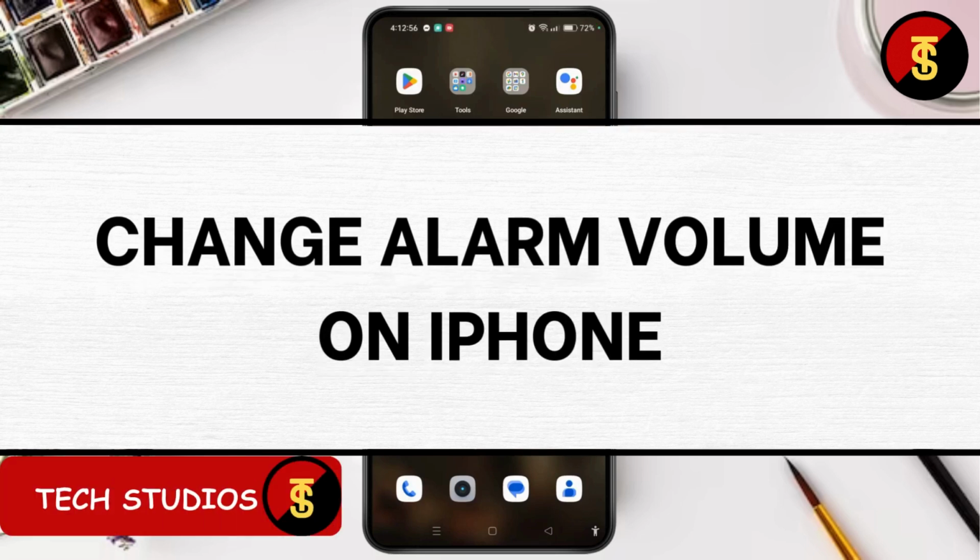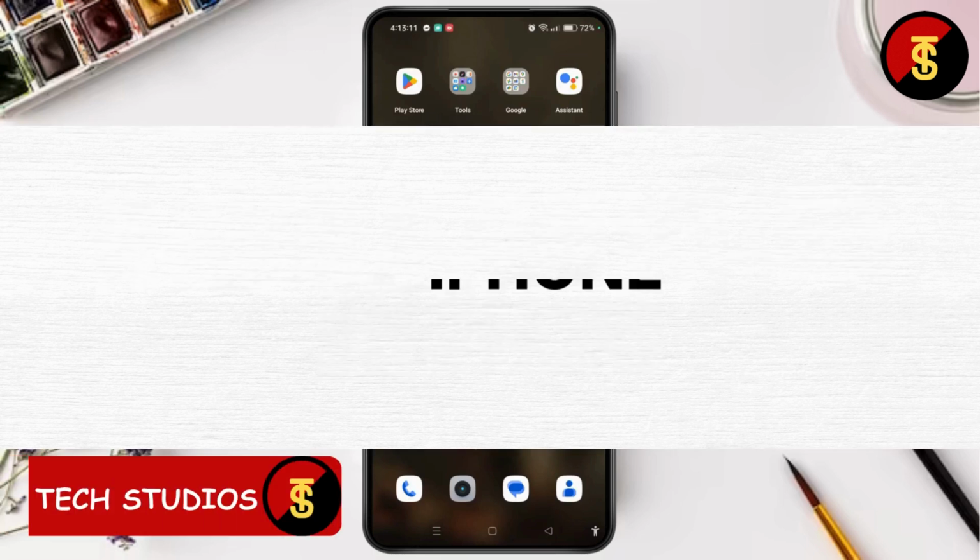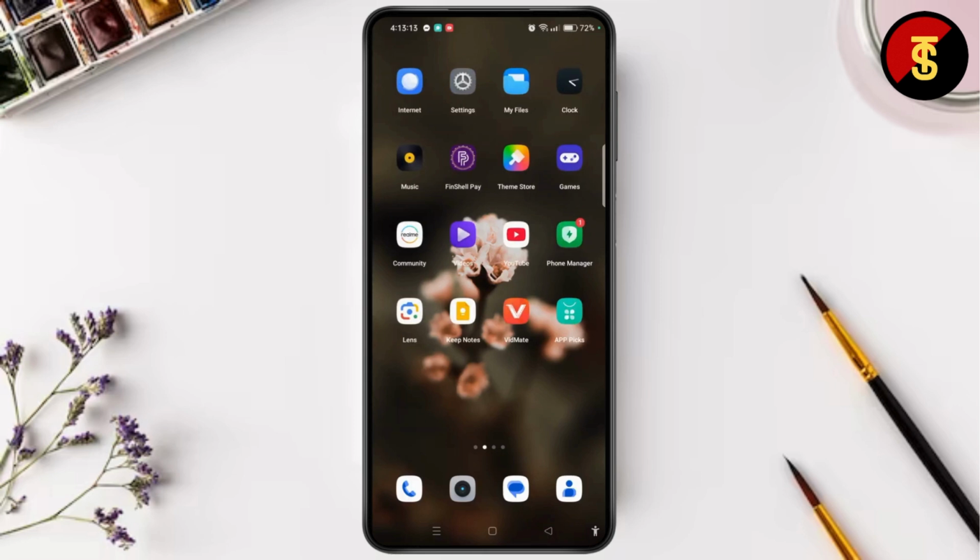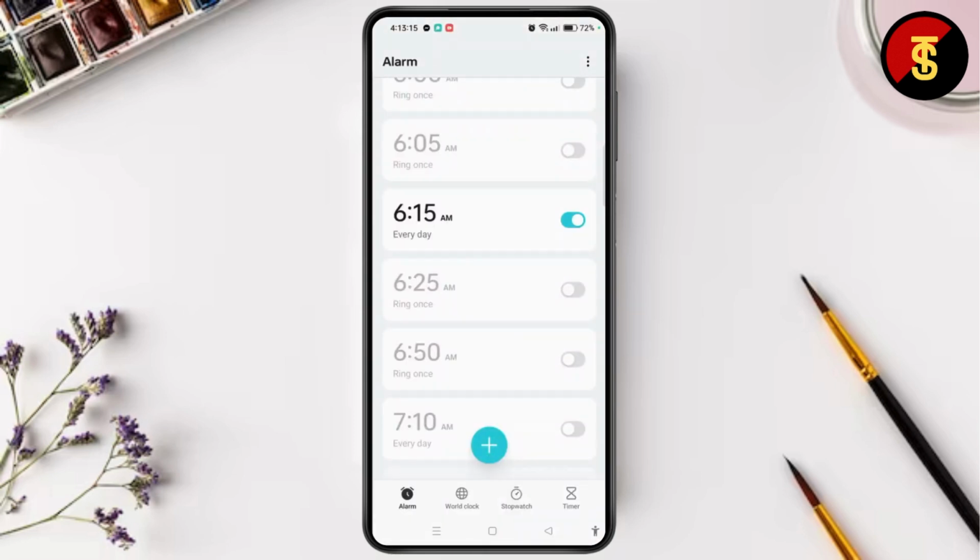How to change the alarm sound on an Android phone. First of all, you need to launch the clock app on your device. So, for a demo purpose, let me set an alarm for 6:25 a.m. Toggle the button on, or simply you can tap the plus button at the bottom center of this alarm section, and